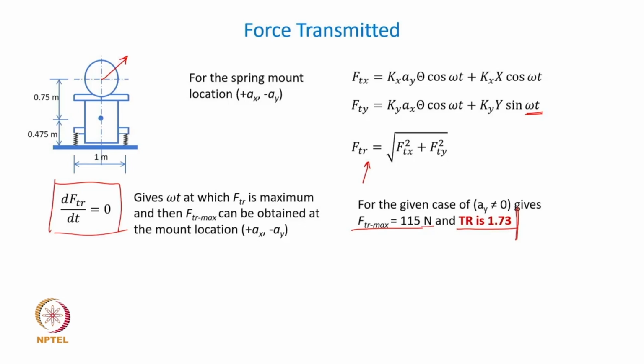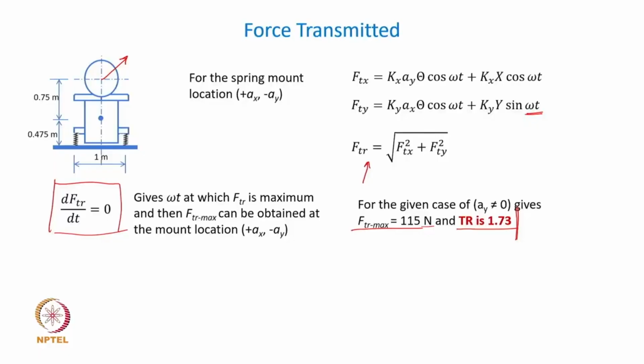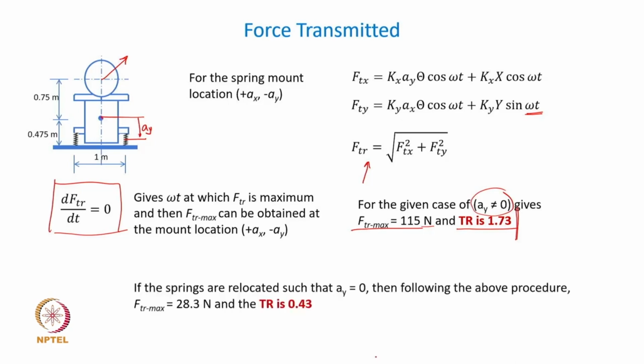Right? It is more than 1, and this is the case where Ay is not equal to 0, which actually means that if this is the CG position, this distance is your Ay, which is non-zero. What is our philosophy? We should try to get this Ay as low as possible, or theoretically maybe 0. If I rework these calculations for Ay equal to 0, physically how you realize it is a different thing, but if we set this Ay equal to 0 and follow the same procedure, you get